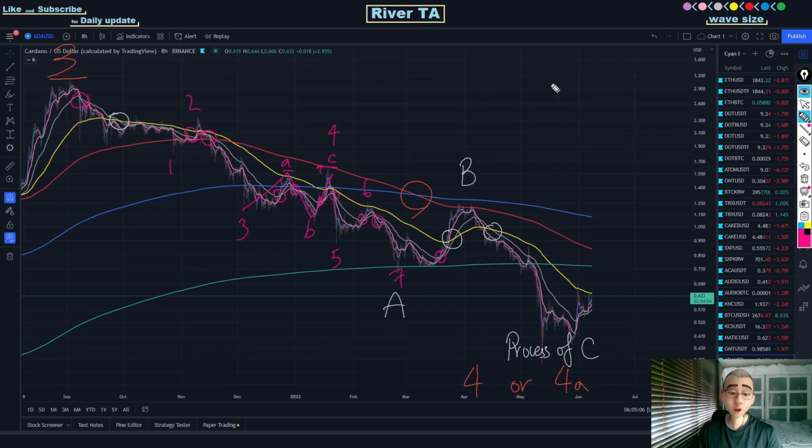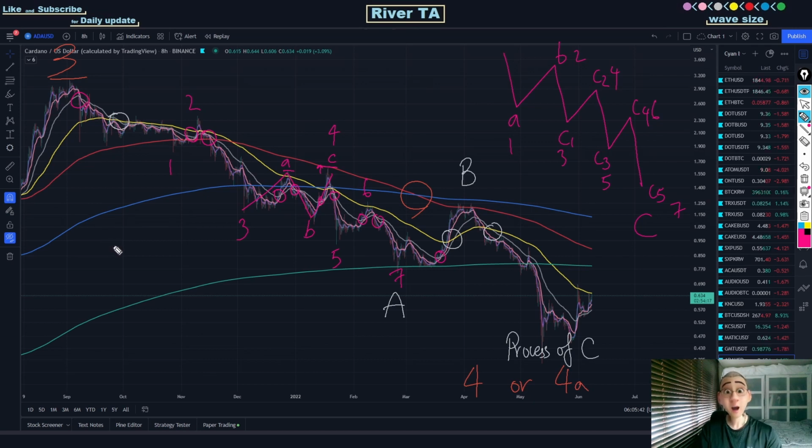And if I draw the structure, it would look something like this. A, B, C1, C2, C3, C4, and C5. So A, B, C, but C will be C1, C2, C3, C4, and C5, making this a 7-wave structure. Like this. But in comparison, if we have a 9-wave structure, this means that there was a continuation of a 5-wave structure,